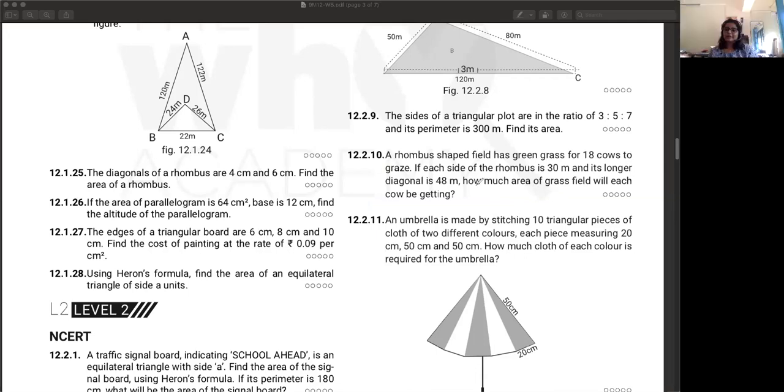So once you find the total area, now this rhombus is being shared by 18 curves. You need to find how much area is available for each curve. So don't forget to divide it by 18. Puneet, yes, your answer is correct. Sarah has also sent in. Correct. Good stuff.